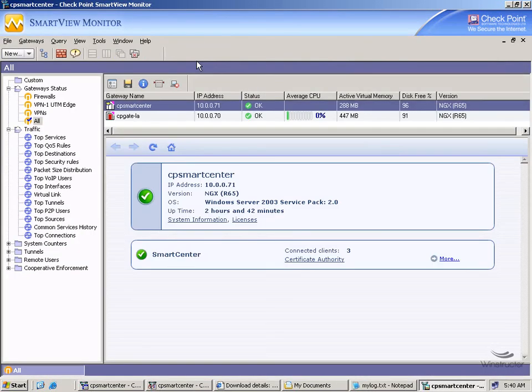And you'll notice that since we're already logged into one of the other applications, this means that we don't have to enter in our username and password again. Our credentials are simply passed along. Alright, well, this is Smart View Monitor, a place where you can get some real-time data about what's going on with CheckPoint in terms of our traffic, system counters, tunnels, remote users, and you can also find out how your gateways are doing. So at a glance here on this opening page, which defaults to showing all of my gateways,